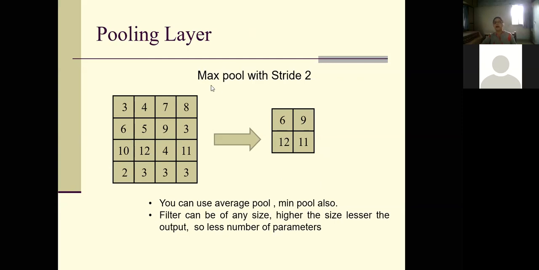So we can apply either max pooling, minimum pooling, or the third type of pooling operation, which is average. It means consider the average of the 4 pixels, or the average of the neighborhood under consideration. Now type your answers for average pooling. It will be 3 plus 4 plus 6 plus 5, whole divided by 4. So that is the meaning of average pooling. Please type your answer if we consider average pooling.